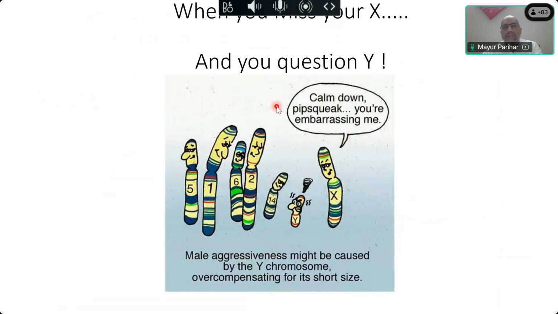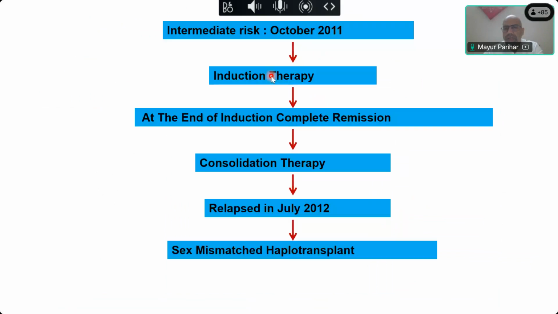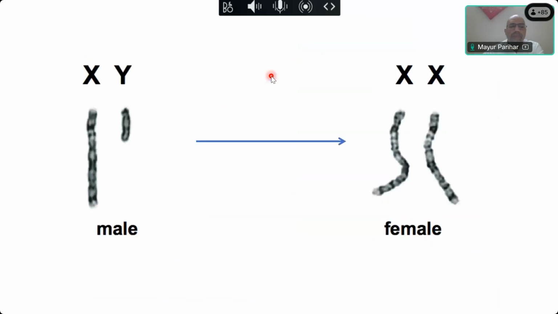So I like to call this case when you miss your X and you question why, right? This was a 32-year-old patient of AML. He underwent a bone marrow transplant. The donor was his haploidentical sister. So you must know that whenever we do a bone marrow transplant of a male recipient from a female donor,